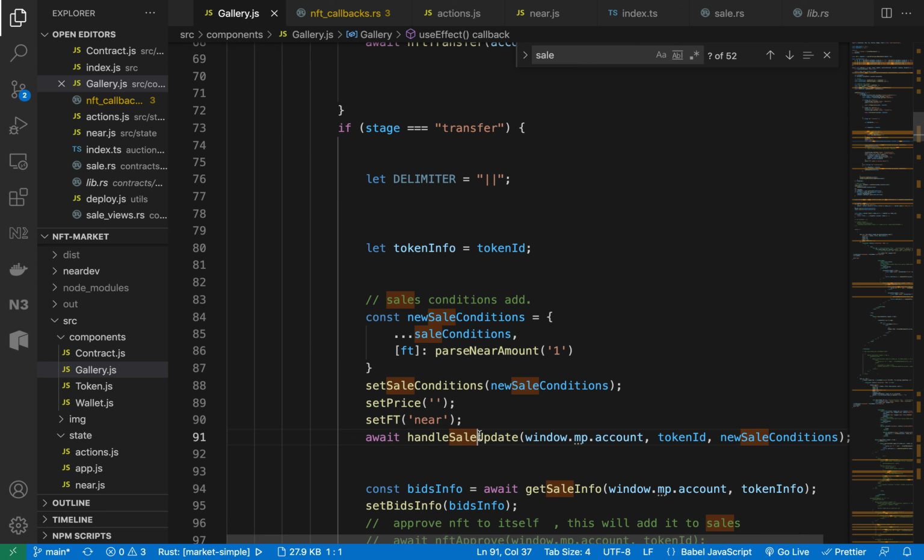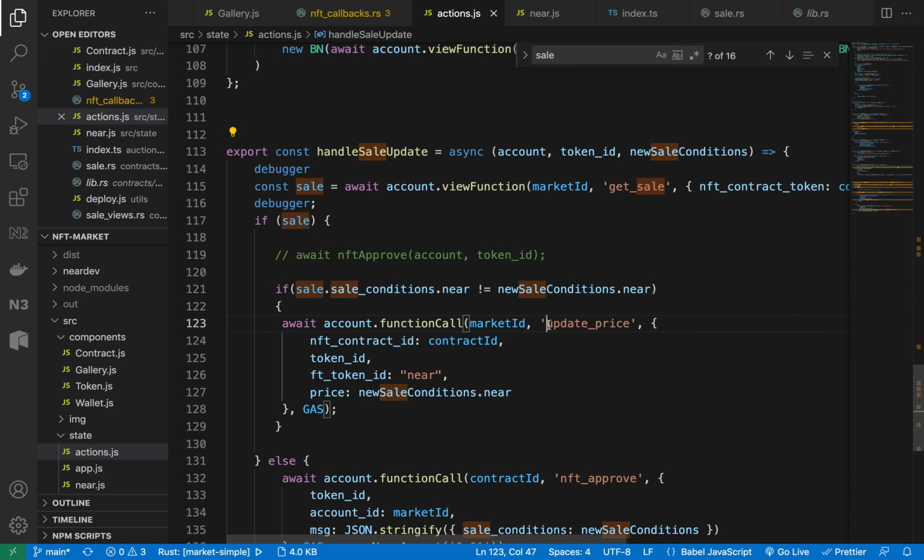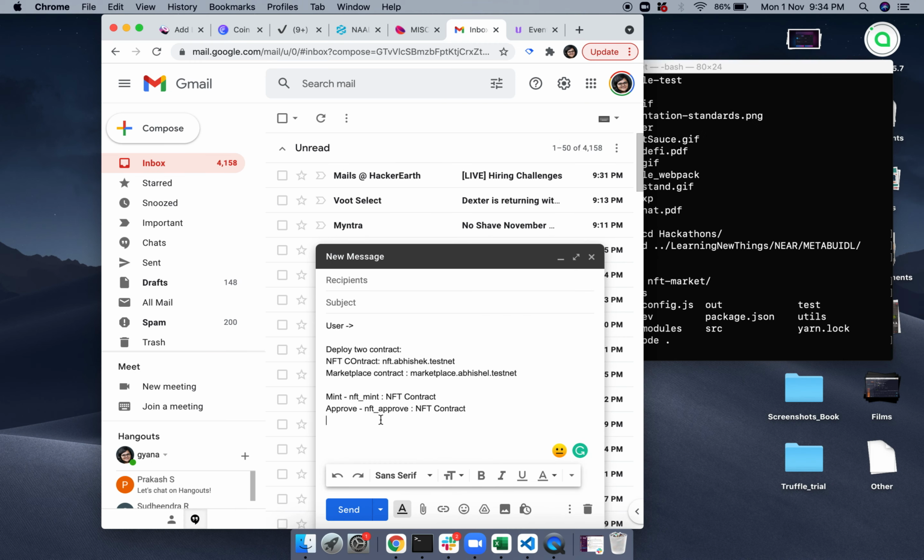So if you think of a contract call, you will be calling the update price function. This will now come in the marketplace contract to set the NFT for sale. So, update price with the marketplace contract.